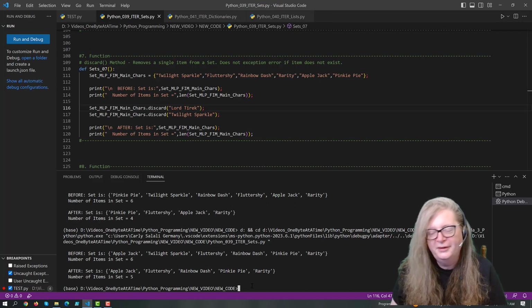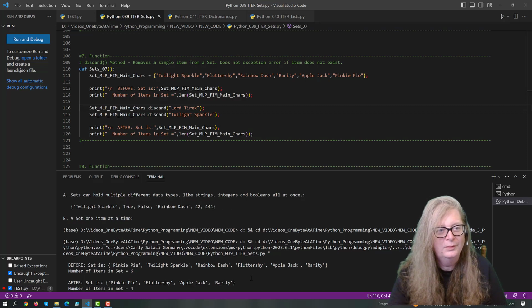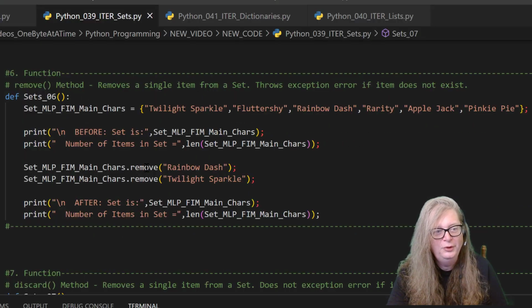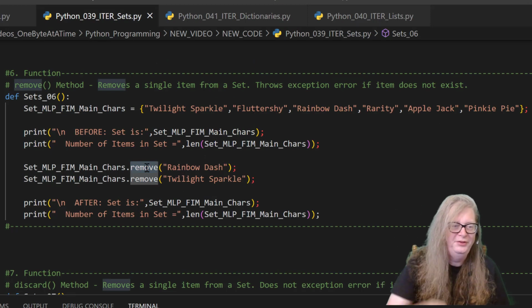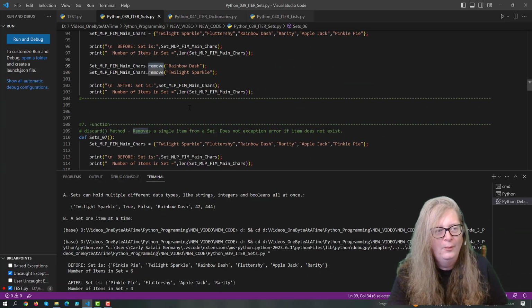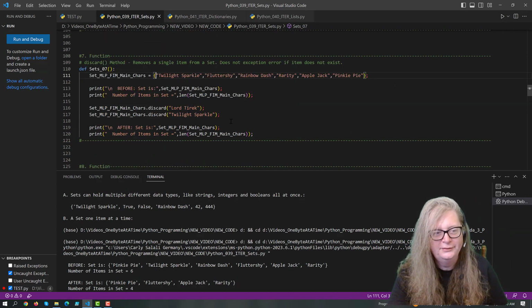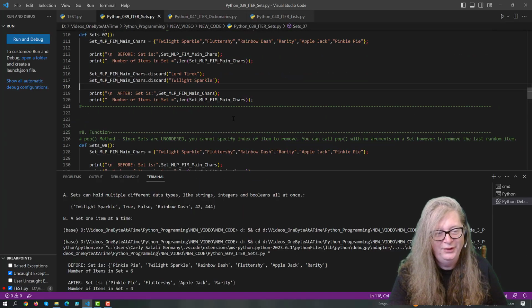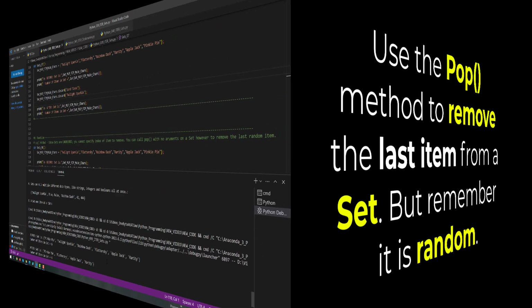okay, no exception is thrown as it was in the previous example, all right? So up here, when we did that using the remove method, it threw an exception. And if we wanted to, we could catch that exception and handle it. But when we're using discard, it doesn't matter whether it exists or not, it doesn't throw an exception. It doesn't return any type of error value, okay?